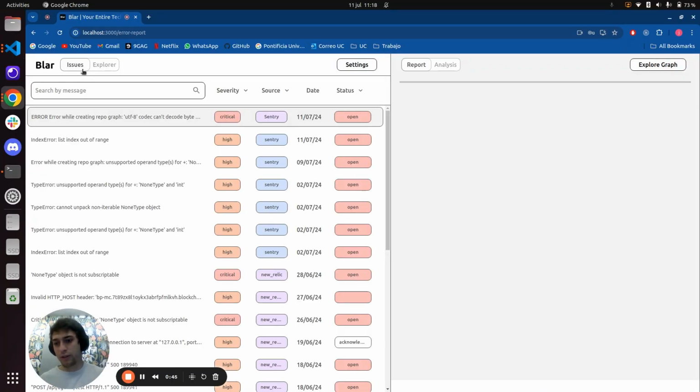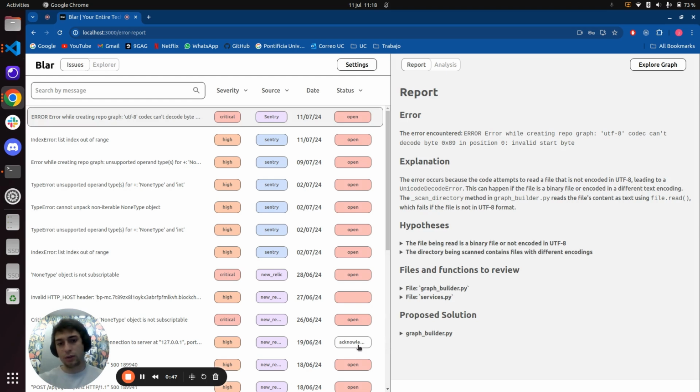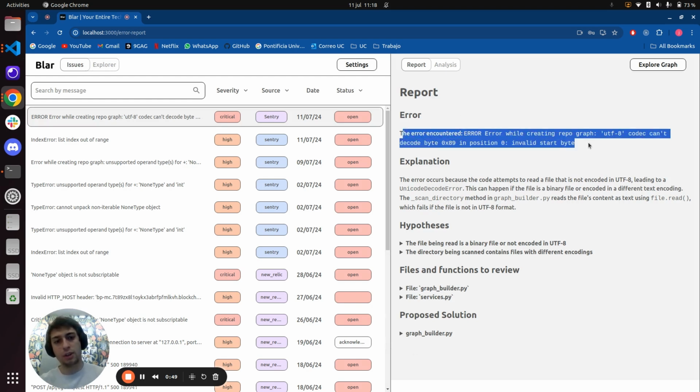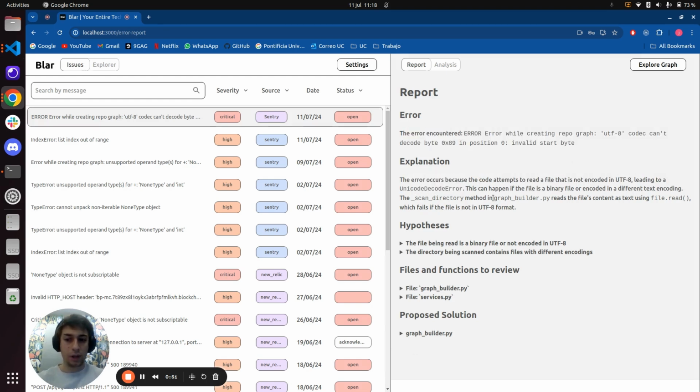Let's ask Blar if it has any idea. So I gave the error to Blar, and here's the error, and here's an explanation. Blar is giving me why the error is happening. In this case, it's attempting to decode a non-UTF-8 file, leading to this type of error. This can happen if the file is binary or in a different text encoding. The scan directory method of graphbuilder.py reads the file content using file.read, which fails if the file is not UTF